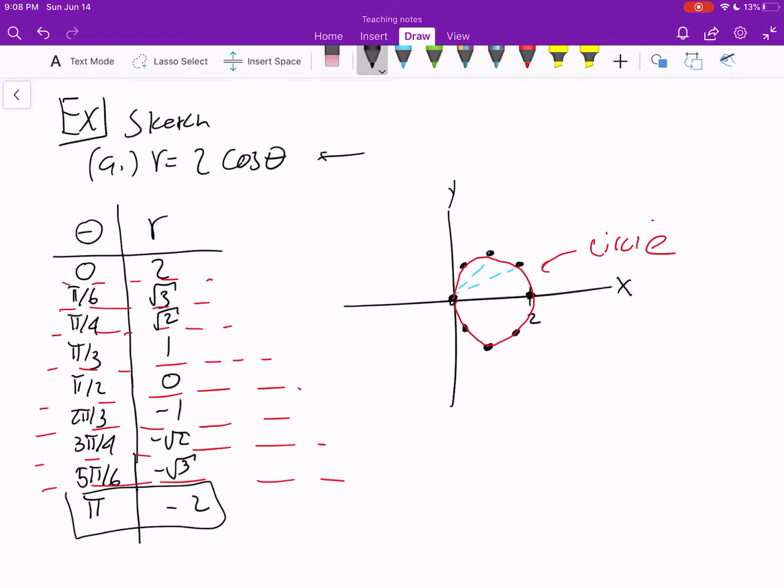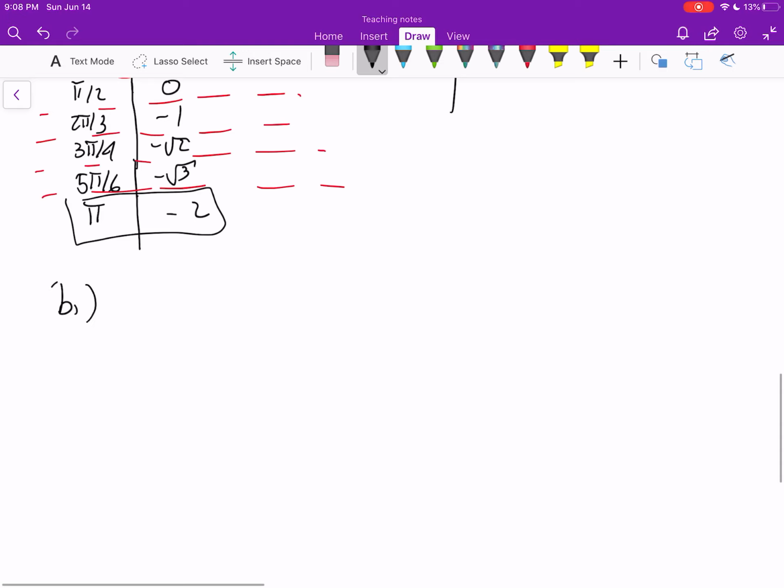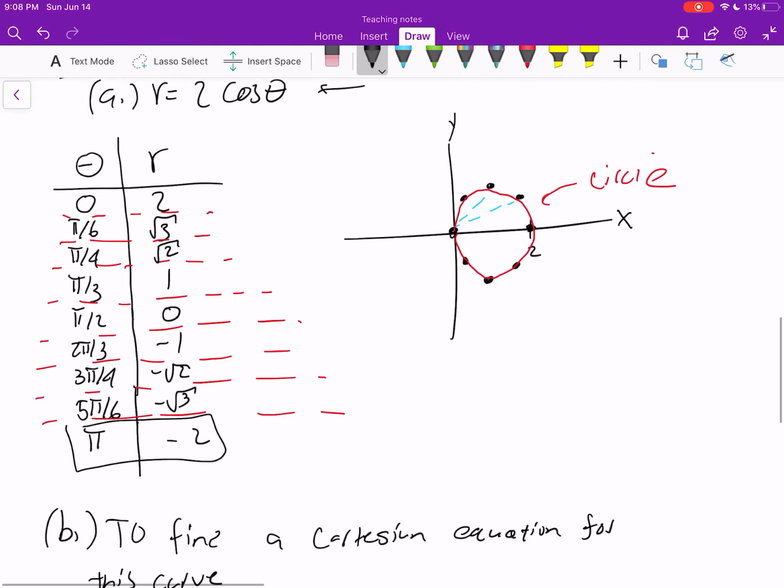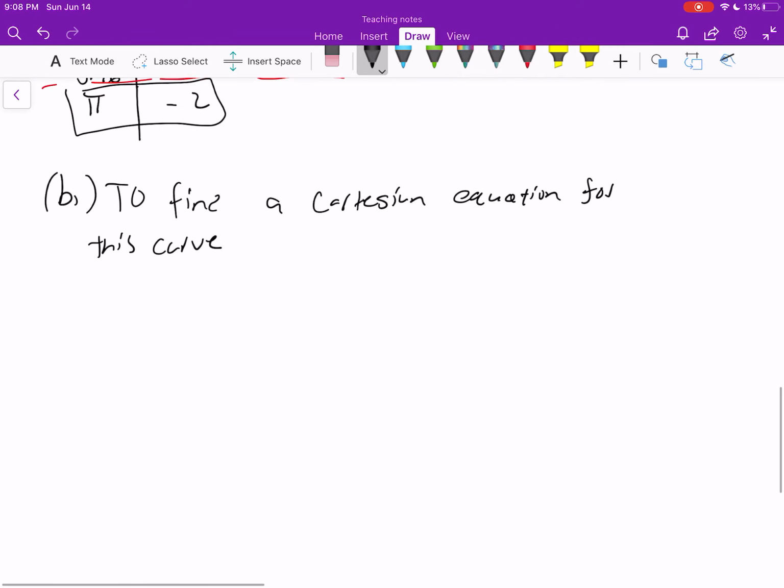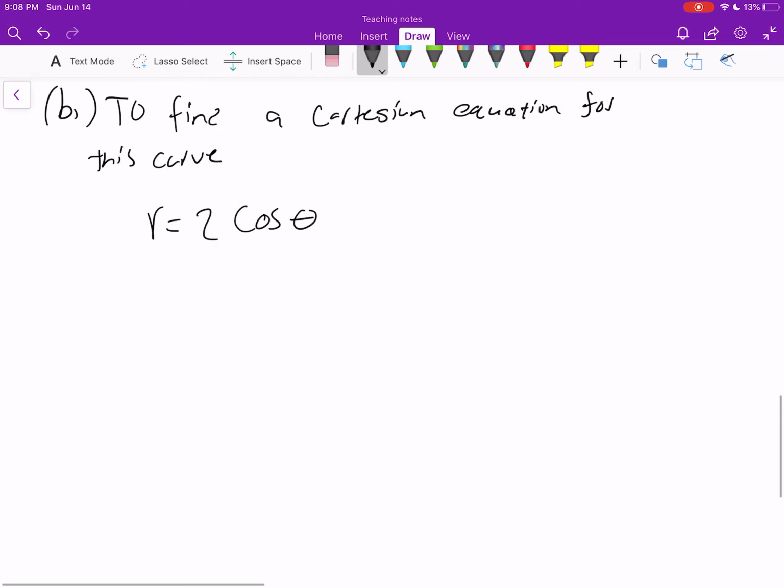So let's do part B to this, pretty straightforward. So B is to find a Cartesian equation for the curve. Okay, so we don't want to have r and theta here is the idea. So what we have here is r is equal to 2 cosine theta. So what we have to do for this is we have to try and play around with